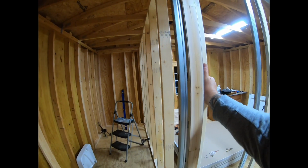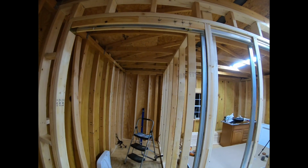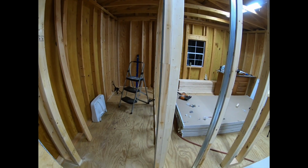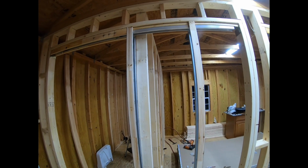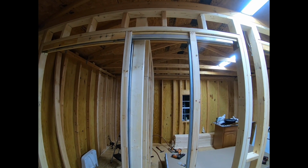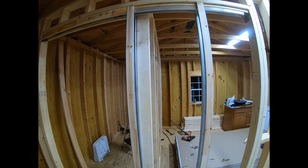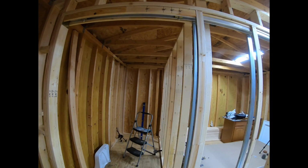But that right there adds a lot of strength to the whole building itself. It's moving right along. Well, that's all I got for tonight. We're gonna call it. We may get back on it in the morning, but it may be later in the week because tomorrow's Easter. We've got a lot of kids coming over wanting to